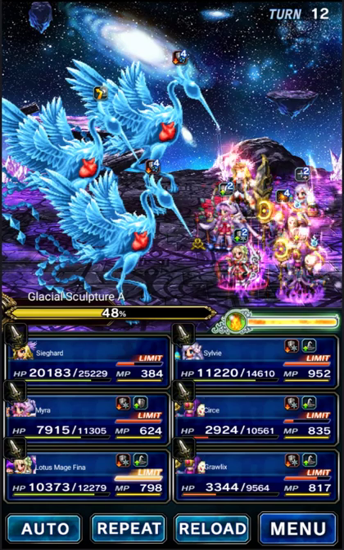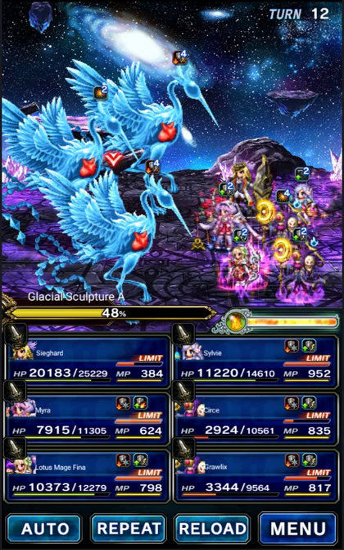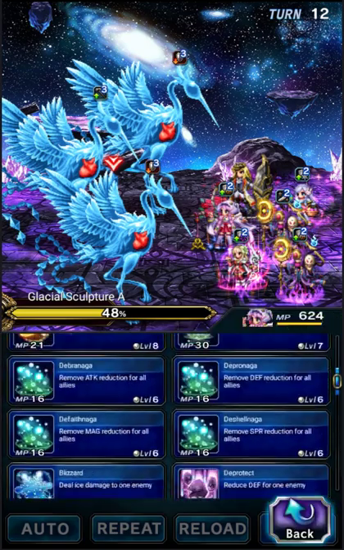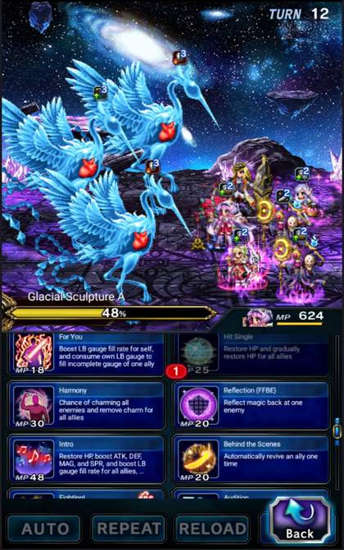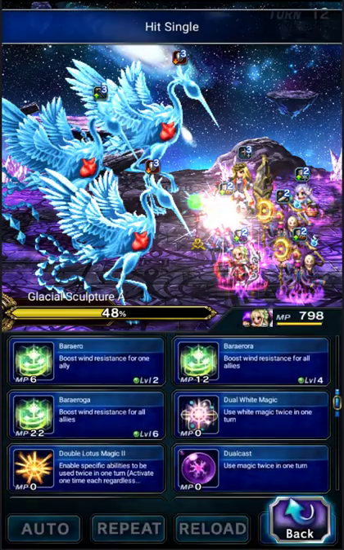Alright. So this is a little bit tricky here. No, it's not. No, we're gonna limit burst again. Yeah, we're gonna limit burst twice. Alright, this is why I brought Myra. I know I had a plan last night when I was thinking about this. We're gonna hit single for the healing, and we're going to 4U to Circe, and then Lotus Mage Fina is gonna...